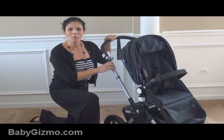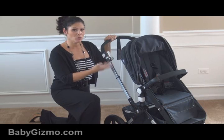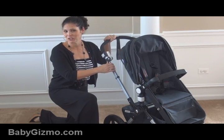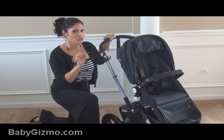Today we are looking at the new Bugaboo Cameleon 3. First we're going to go through all the different changes that the Bugaboo Cameleon 3 has from the second generation Cameleon. Now first off, they have changed the way it folds and unfolds just a little bit to make it